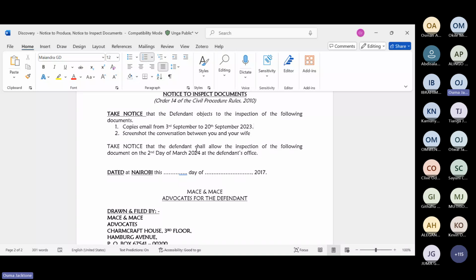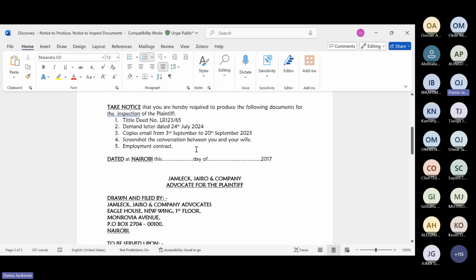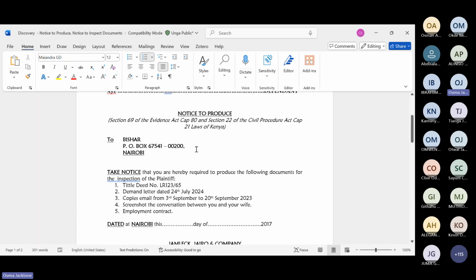You will only draft one, because either you are acting for Bishar and you are the defendant, or you are acting for me and you're the plaintiff. So if you're the plaintiff, you will be told that your client requires to inspect this document. Proceed and draft the relevant document. And then you proceed and draft the notice to produce, and then you request for document 1, 2, 3, 4, 5.